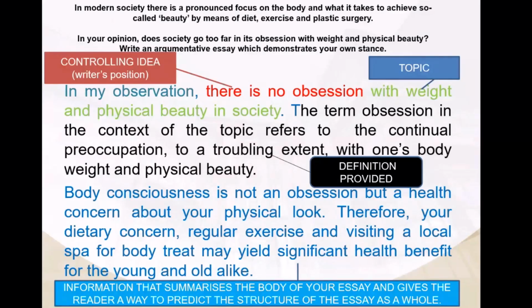It's just a topic. I'm just going to show you how those features of an introduction are evident in this introduction. In your opinion, does society go too far in its obsession with weight and physical beauty? Write an argumentative essay which demonstrates your own stance. So if you look with me at the introduction, we want to see if this introduction has the following